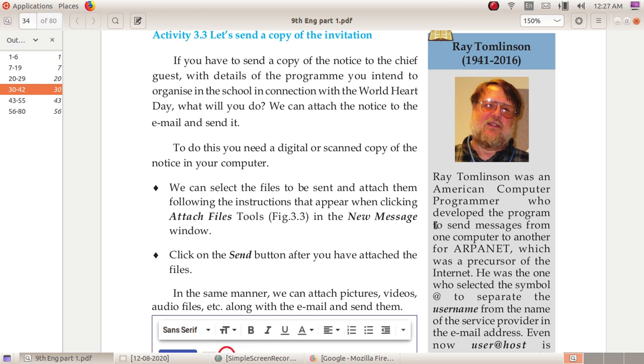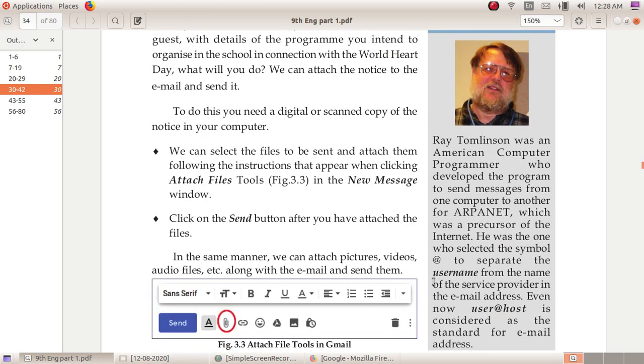Ray Tomlinson was an American computer programmer who developed the program to send messages from one computer to another for ARPANET, which was a precursor of the internet.